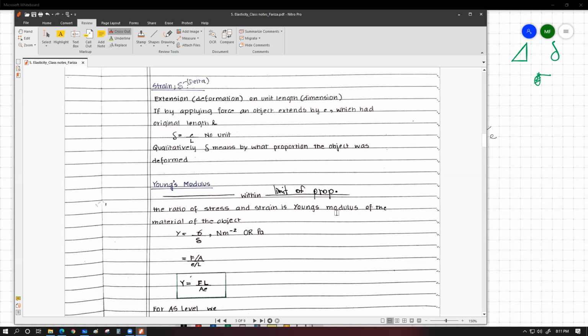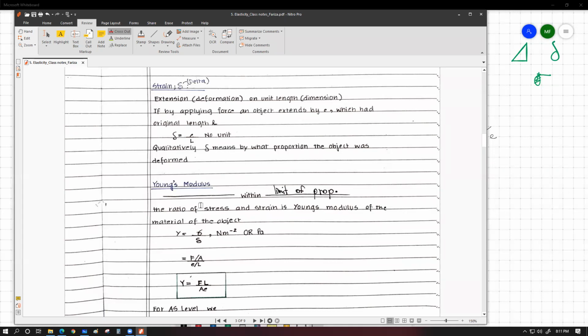It is, and also one more thing is important, that Young's modulus is the property of the material of the object. So it is not a specimen dependent property. It is a property that is similar to density. It is a property similar to specific heat capacity. So if multiple objects are made up with the same material and they are kept at the same temperature, which is very important, irrespective of the dimension or shape, they are all going to have the